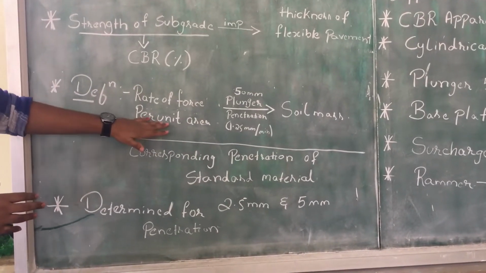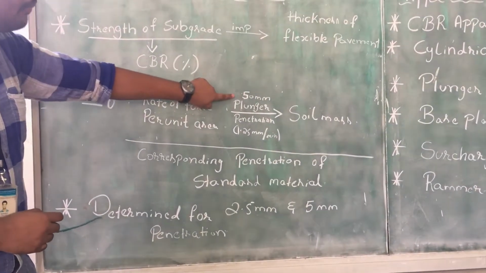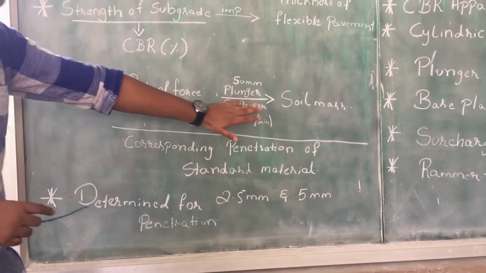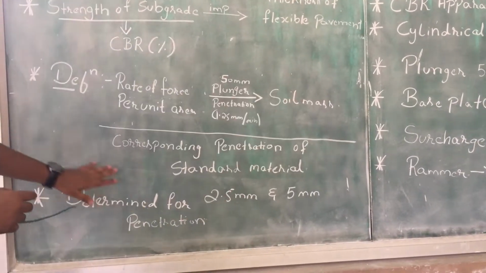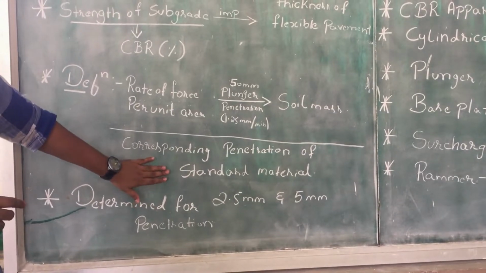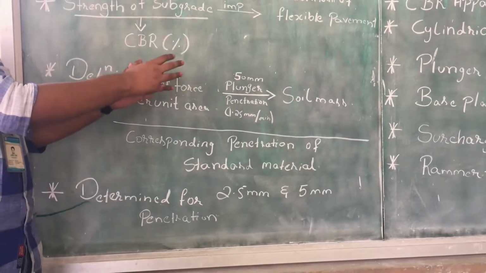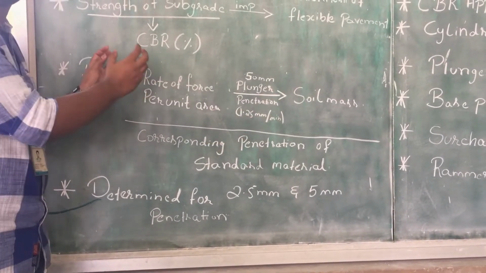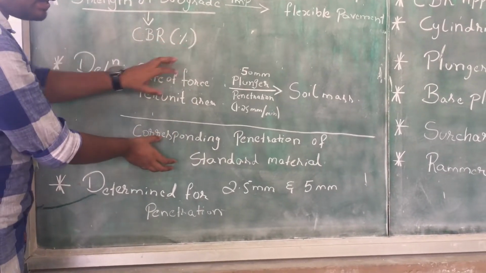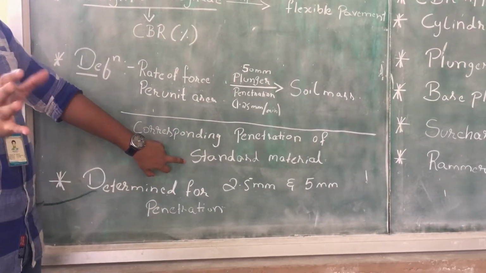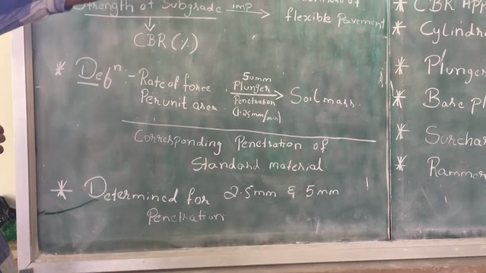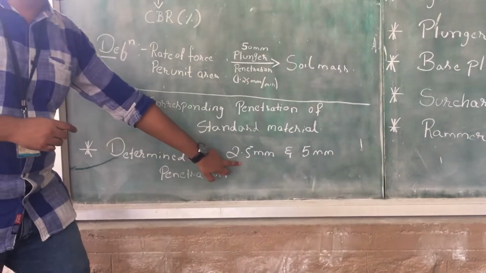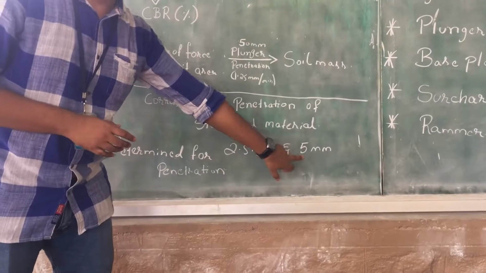The rate of force per unit area obtained when a 50 mm plunger is penetrated at a rate of 1.25 mm per minute over a soil mass, compared to that of a corresponding penetration of standard material. There will be one standard plunger which will be penetrated into the soil mass at some rate. Then a certain amount of force is obtained, compared to that of a standard material. Standard material will be some kind of aggregate. That ratio we call the California bearing ratio. The amount of penetration will be taken for two values, one for 2.5 mm penetration and the other for 5 mm